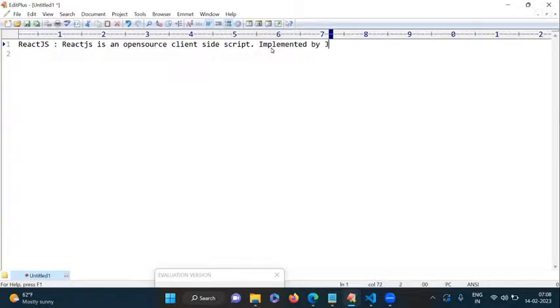Mr. Jordan. Yes, he's one of the employees of Facebook, and he developed this React.js to work on the chat option, the chat concept of Facebook. He implemented this React.js in the year 2013. So later they added more functionalities and released this script as an open source client side script, and many